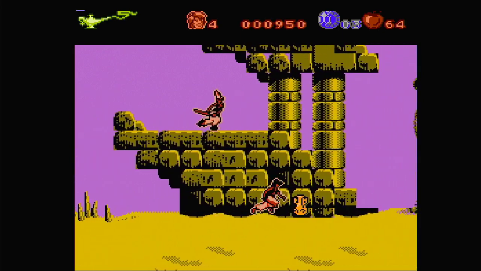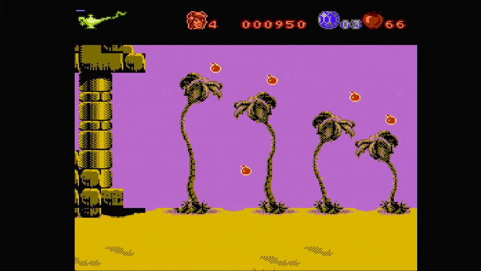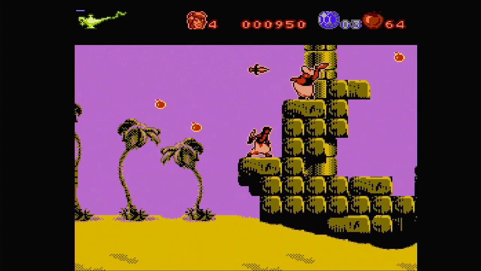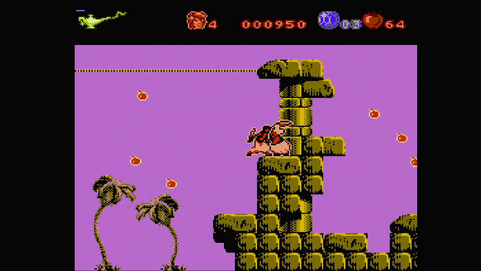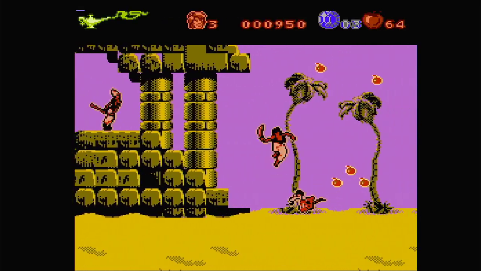And just keep going to the right. Get a checkpoint. The hit detection with the sword's absolutely horrible. That's why I don't really use the sword. I'm going to probably die, so I might actually take a quick death here. Perfect. That way I can just start at the checkpoint with full health, because it'll be much easier to get